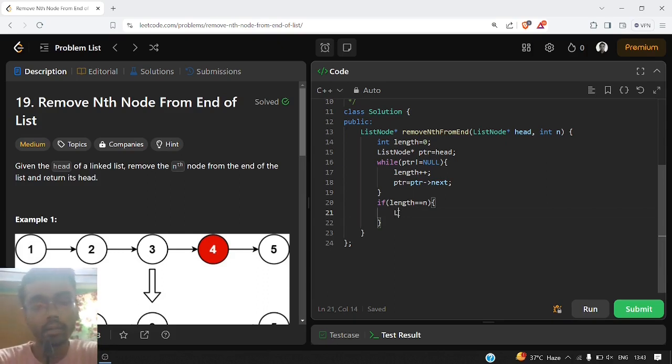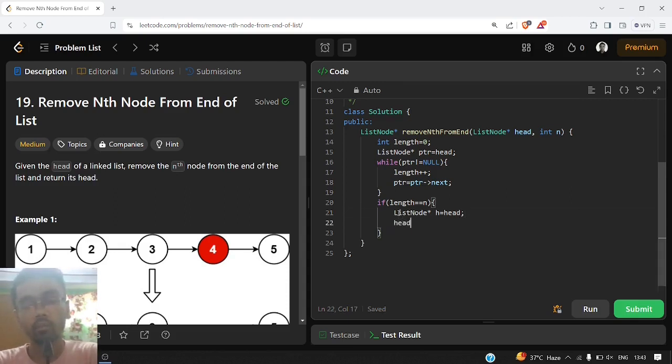We will create one ListNode star, which is the starting node that we want to delete, and store that node somewhere. Let us name it h. This is the head of the linked list, and this is what we want to delete.